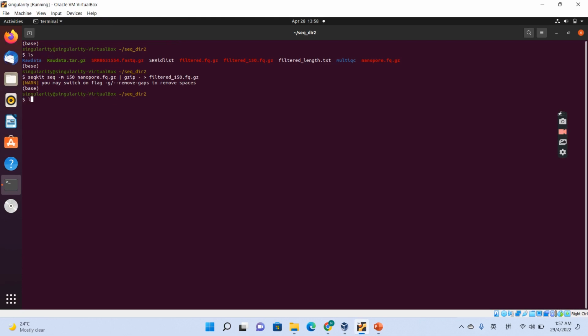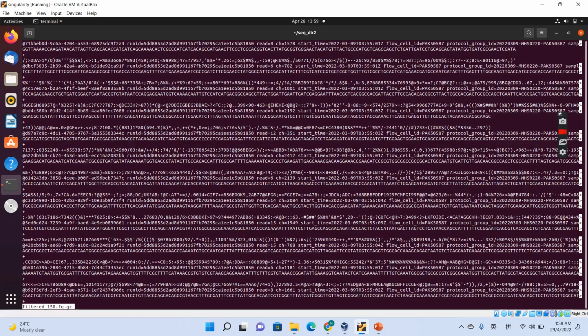So just type less -S filter, the output file, but this output file is in FASTQ format,